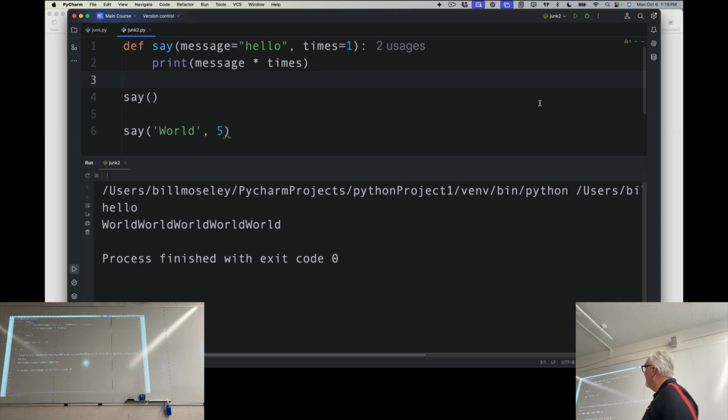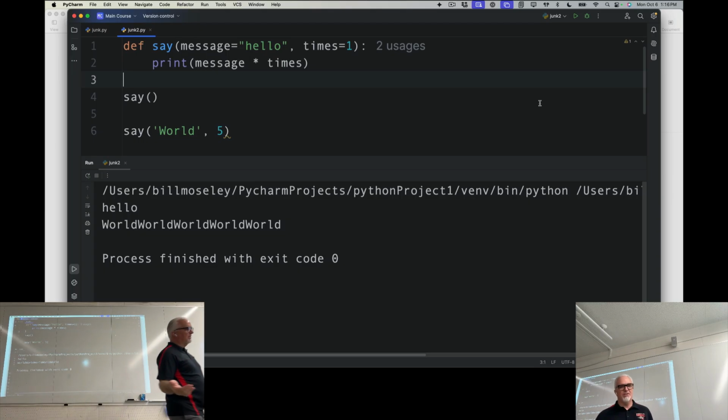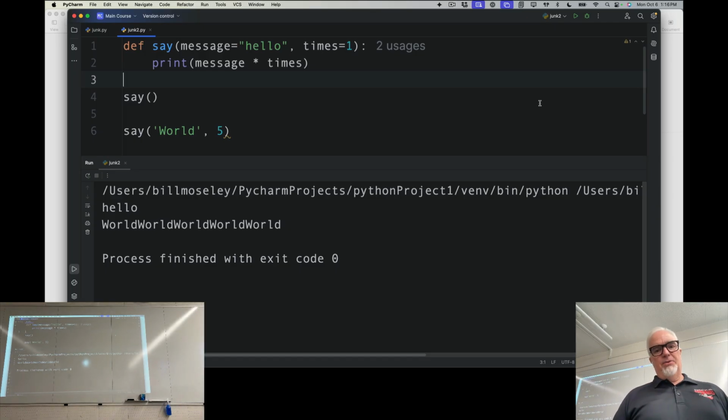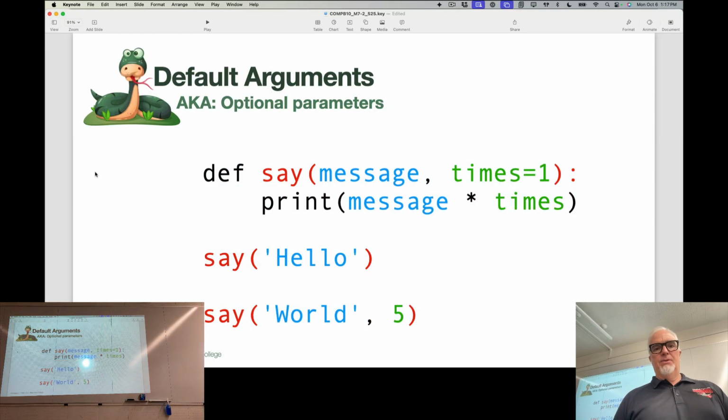That's really useful when we're creating functions where we want to be able to specify something different, but most of the time we're pretty sure it's going to be a certain value. Like most of the time we want it to say it one time, but maybe sometimes we want it to say it more than that. That's where a default argument comes in. So default argument